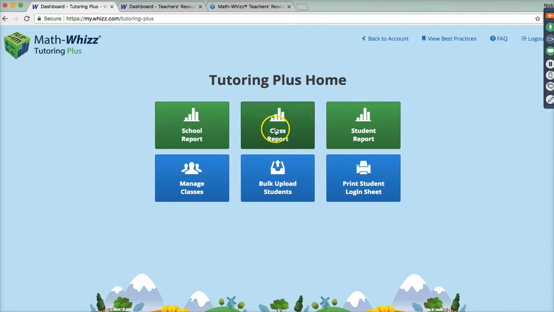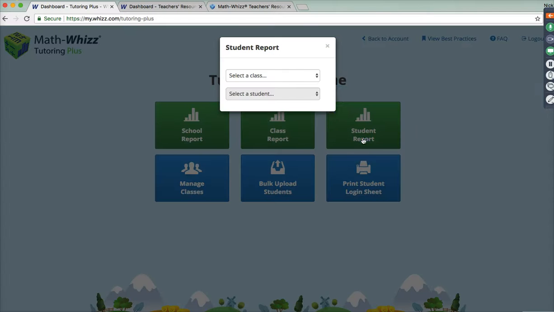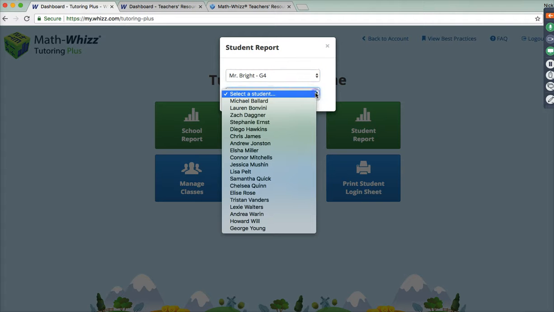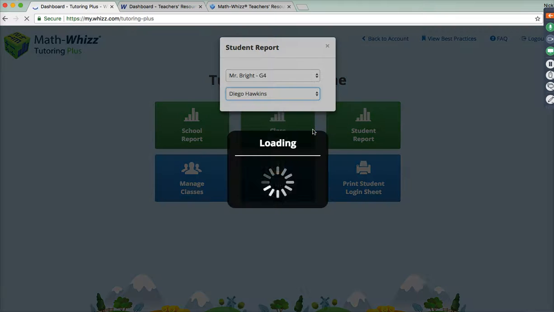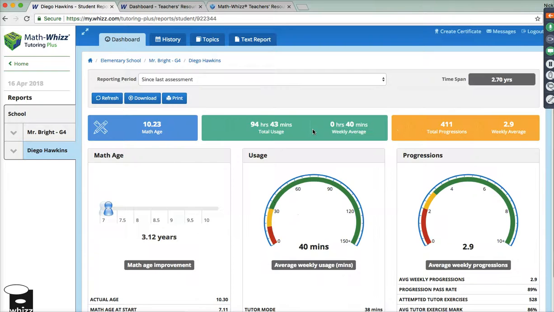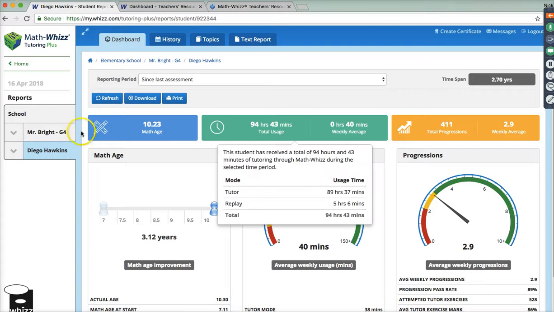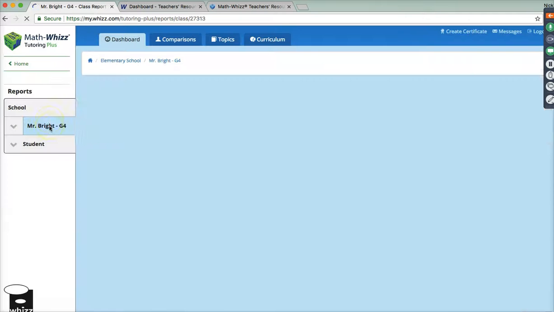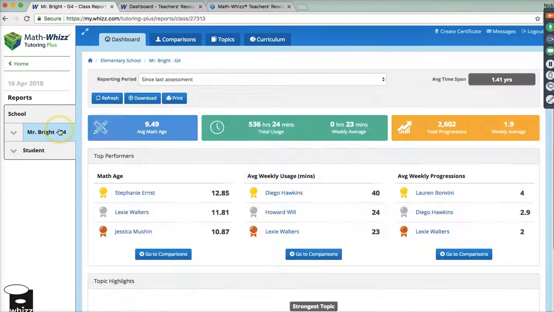So you have your class and student level reports. What we want to do is pick a student. So you pick the class they're in, pick the student. Oh, so you want more specific on like Common Core standards that they're working on? Yes, I seem to remember like a table. Right, yes. Okay, my apologies. Right, that's in the class level report.